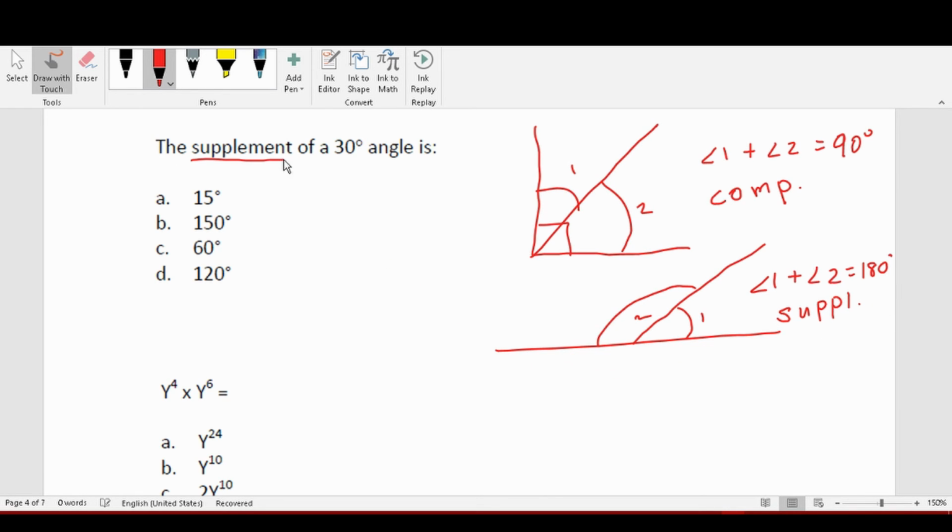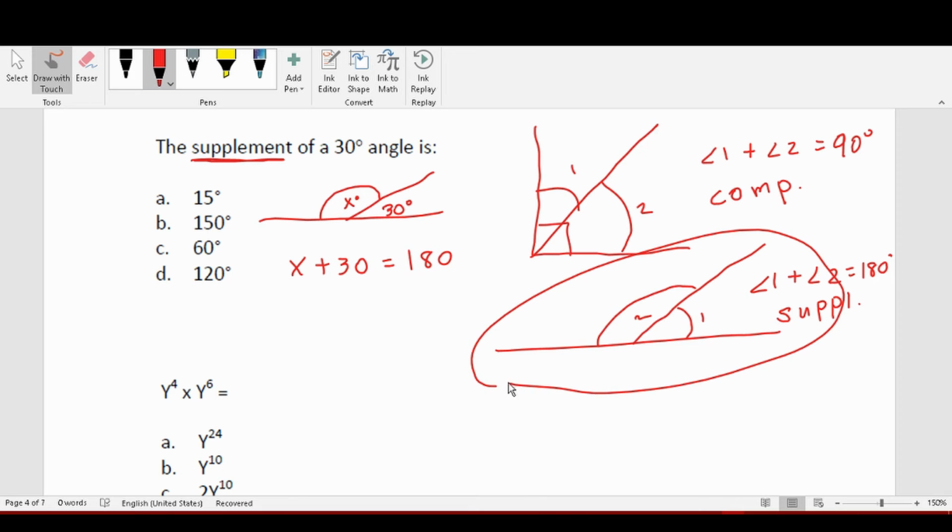In this case, we're being asked to find the supplement of 30 degrees. So we have something that looks like this. This one's 30 degrees. We're being asked to find what this angle is. But since this is referred to as a supplement, we know that x plus 30 is going to equal 180 degrees. Again, if it said complement, we know this would be 90, but we're dealing with this case right here. So to solve for x, we're going to subtract 30 from both sides. This crosses out. We're left with x equals 180 minus 30,